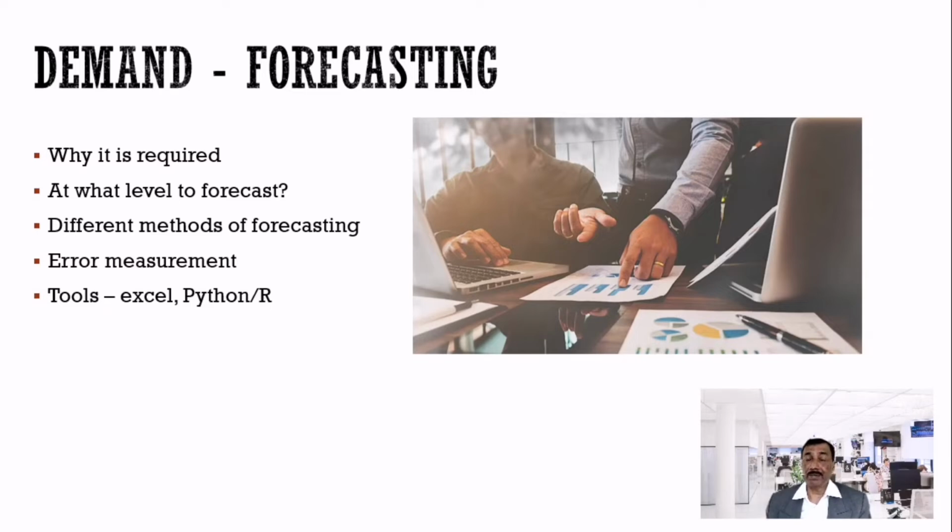So there are different methods available, and we have to see which method is suitable, because there may be several instances. A regular production can have some method of forecasting, spare parts require a different method of forecasting, services may require different methods, and sometimes there may be random sales. So you need to find out which method is appropriate for your business.